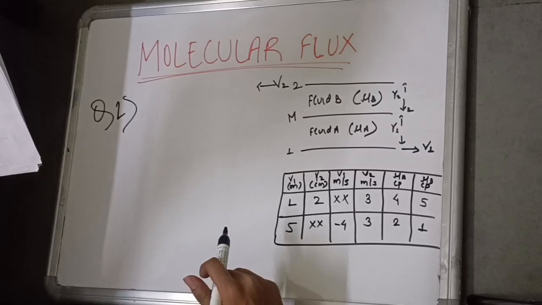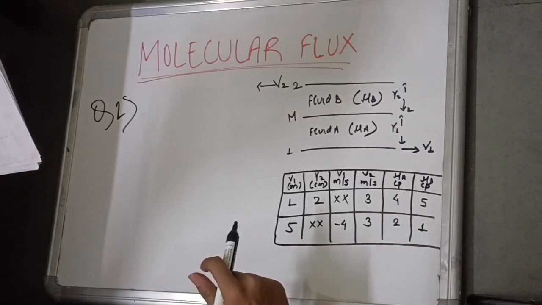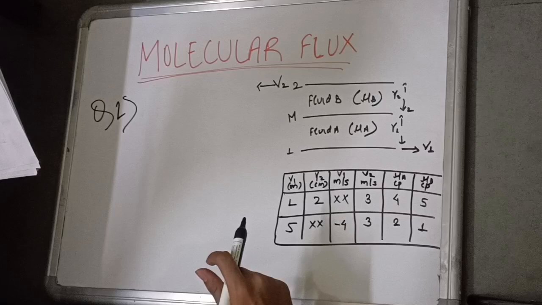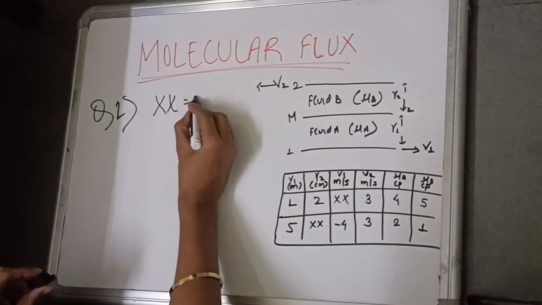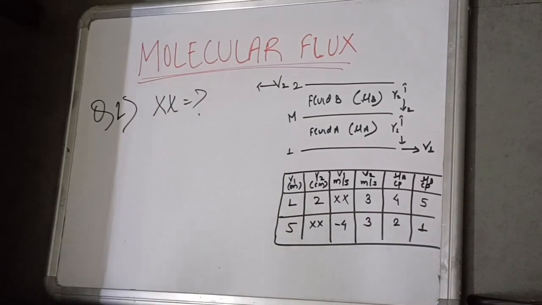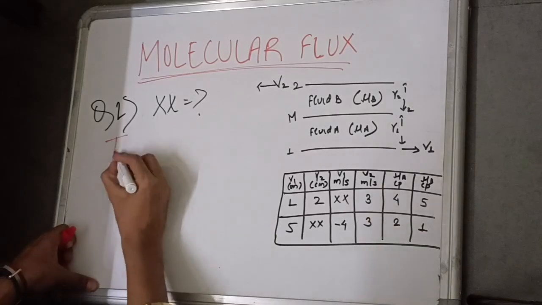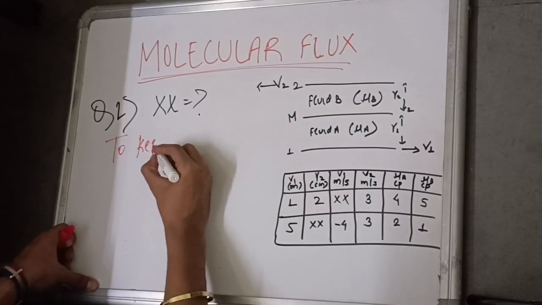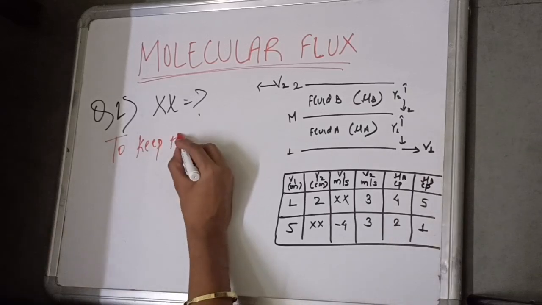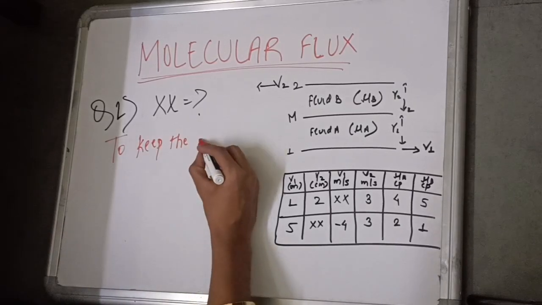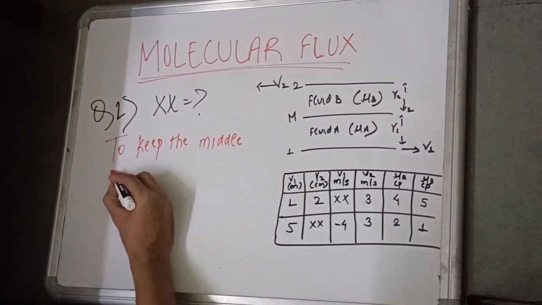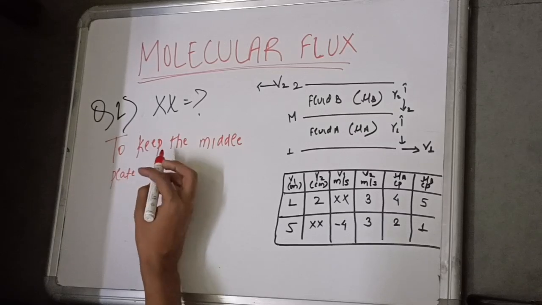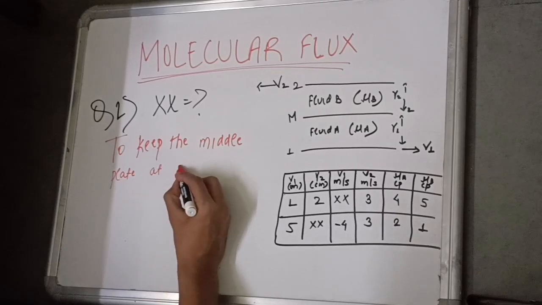Now, what should be the value of x indicated in the table so as to keep the plate in the middle stationary? We have to find the value of x. To keep the middle plate stationary,